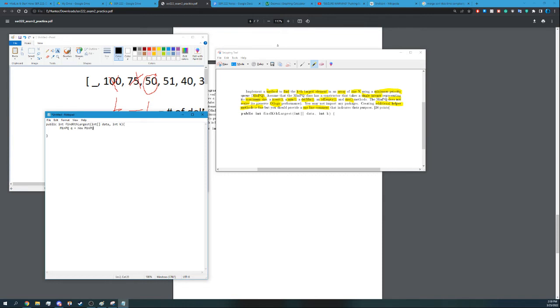New min PQ, and then how big are we? We can call it data.length. That would be the length of the priority queue, is what I'm thinking. And now what next? So min PQ is equal to min PQ. We have a length of it, data.length. So now, since you have the length of it, I think now you want to be able to